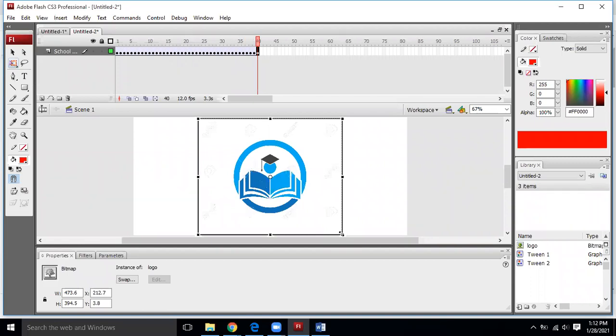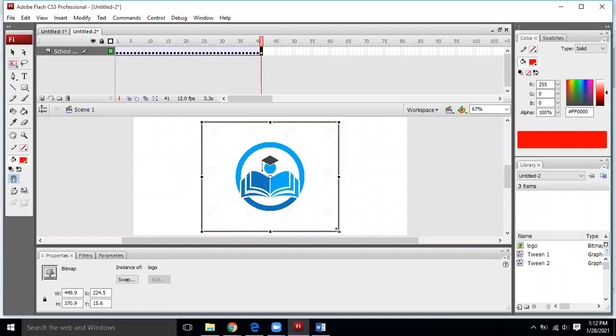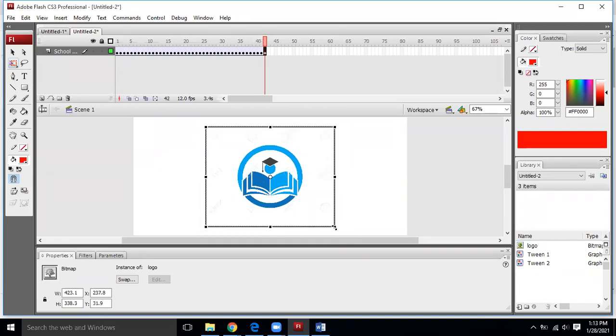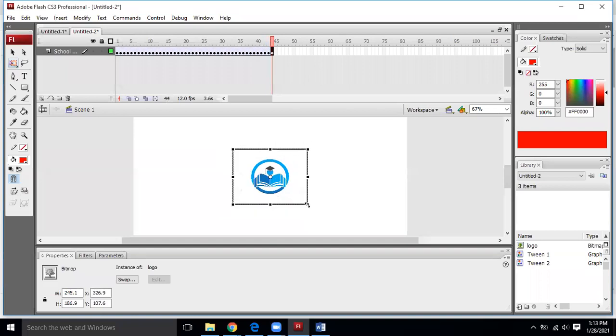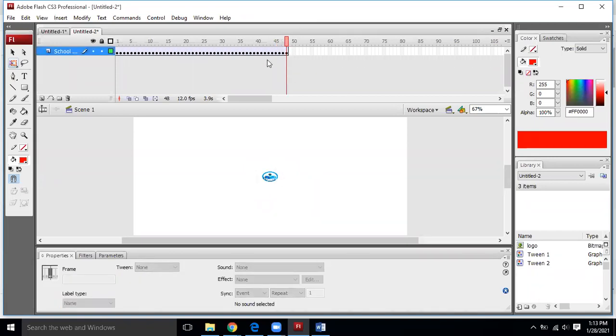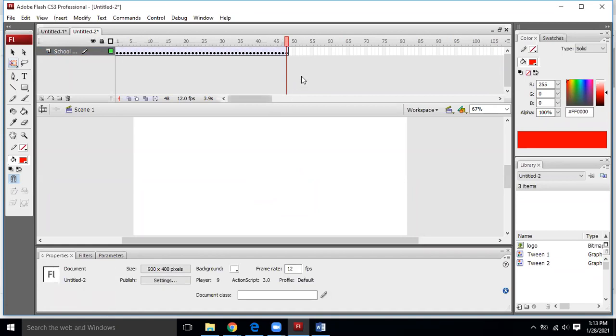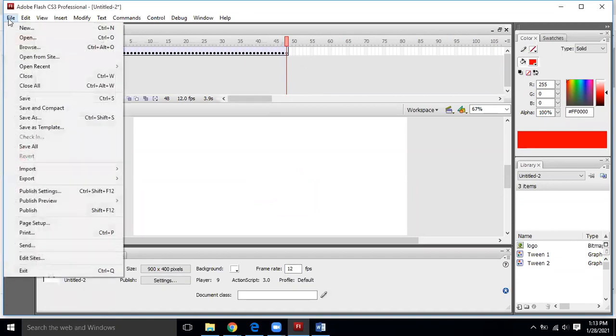Or even after pressing F6, you can resize it. Again, if you want to make it small, then it will disappear. Let's suppose, just giving you an example, that we can do this in this way as well. Now I press F6 and I can delete it from here. Why am I deleting? Because the animation is done. Now I will take any other object over here.